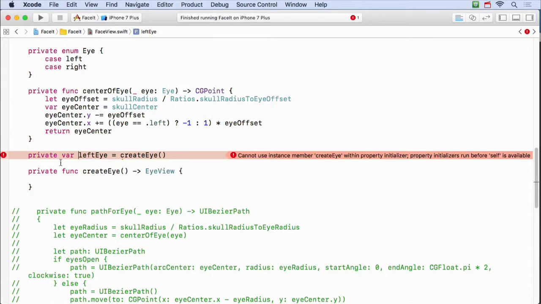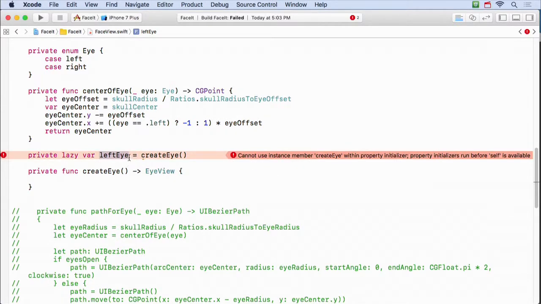So a fix for this is to make this lazy. Because if you make this lazy, it's not going to actually run. This initialization is not going to run until we're fully initialized by definition, because no one can call this left eye. No one can access this until we're fully initialized. So that's great. Now, this doesn't work either. Okay, and why doesn't this work? This doesn't work because, and maybe we'll even see an error here. Yeah.